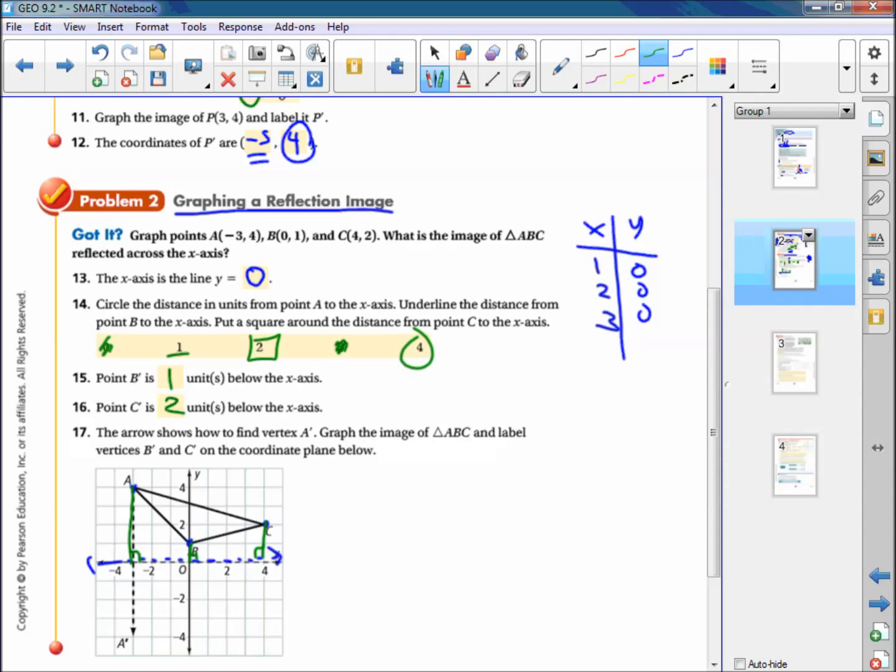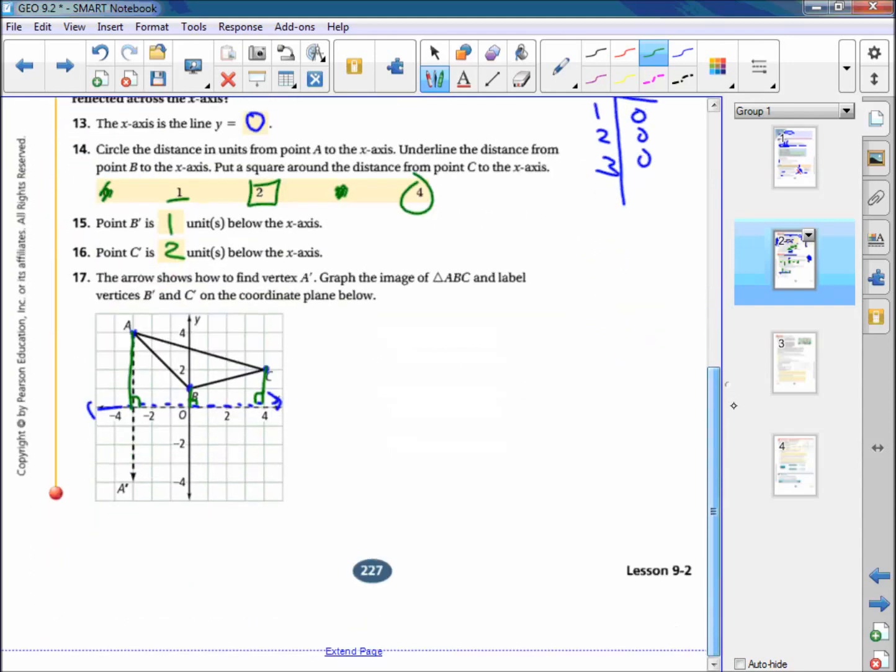And the arrow shows how to find vertex A prime. Graph the image of ABC and label it. All right. So we moved A by moving it 4 down below here. And that's why it ended up there for A prime. B prime is going to be 1 below. And C prime is going to be 2 below. Okay. So if I graph this,